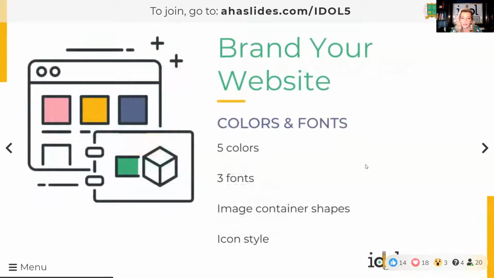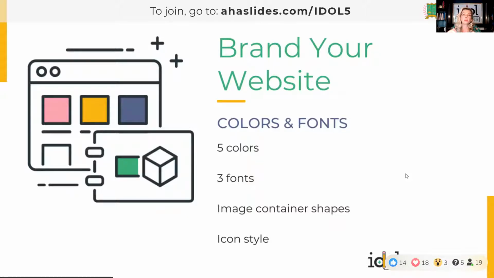The next thing you want to do is brand your website, because your website is also a portfolio piece in itself. A website shows your ability to communicate information. It shows your visual design, your graphic design, your ability to handle online technologies. So it is important to make your website look just as good and communicate just as well as your courses. You want to make sure to keep it consistent.